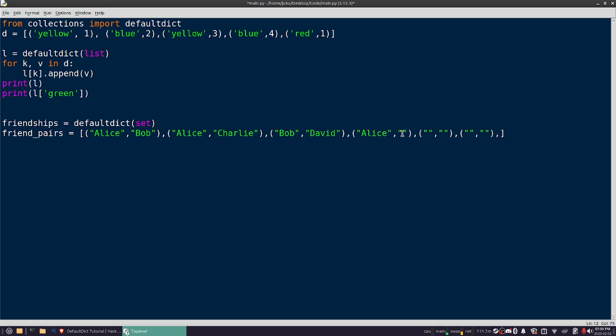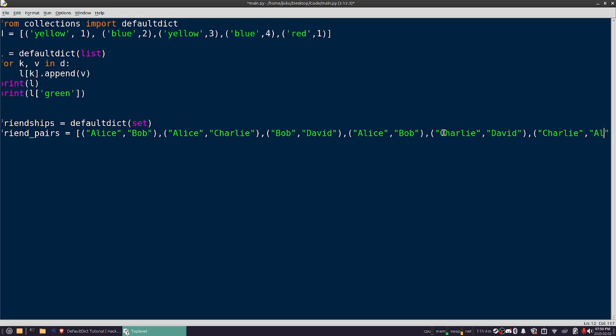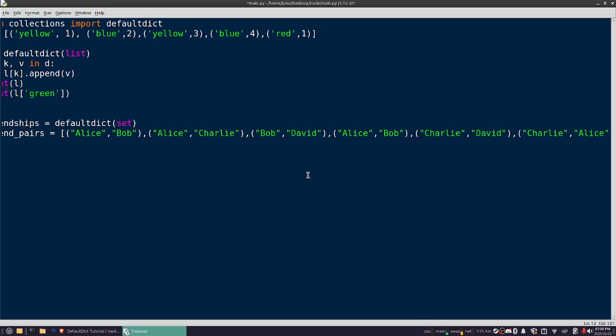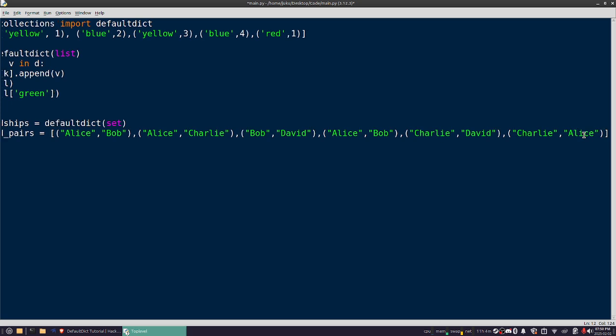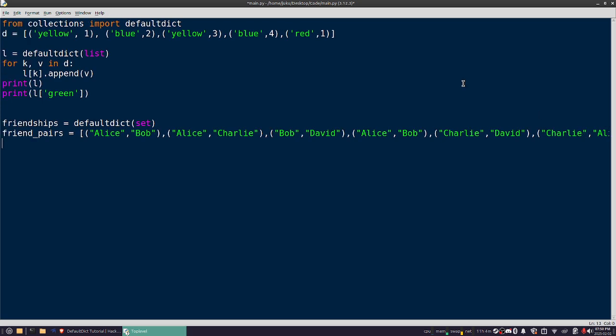Alice is friends with Bob. The reason why I'm doing this is to show that these are technically duplicates, so you won't actually see it twice. And then we'll have Charlie and David, and then we'll have Charlie and Alice, which already exist technically, but these are just in reverse order. So that's it for our data, and now we need to populate it in our